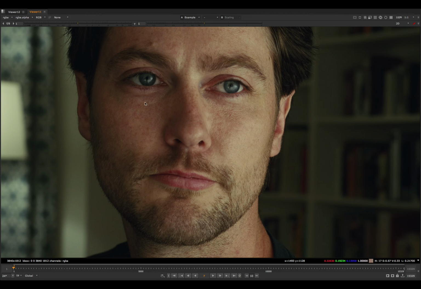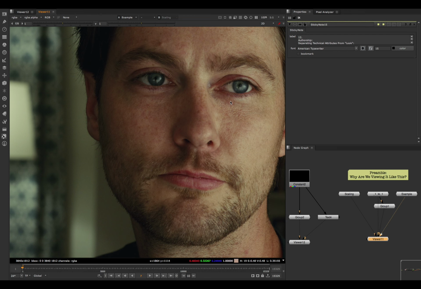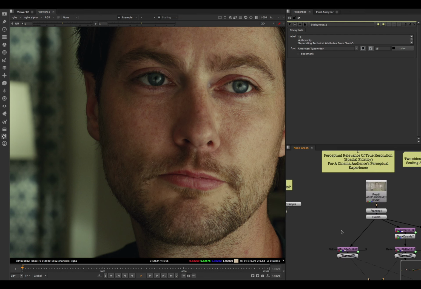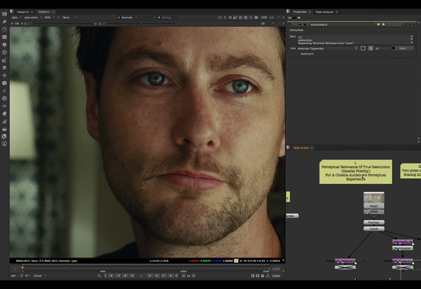So you can see why this would be a more rigorous way to view the image, because we're looking at true 4K pixels and you're looking at it twice as big as you normally would. So with that preamble out of the way, the first thing I'd like to look at is the perceptual relevance